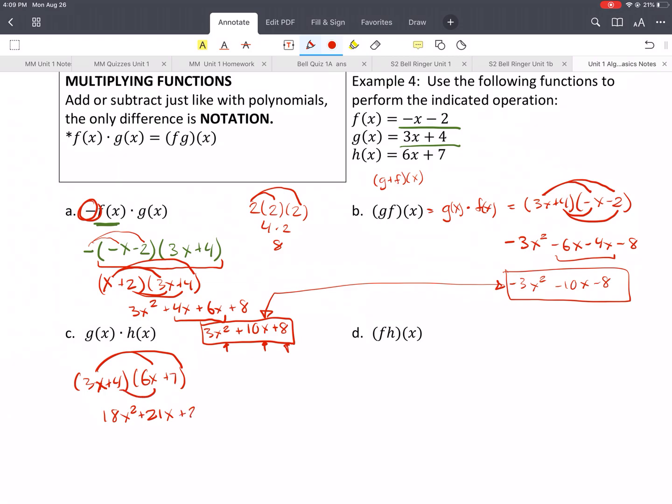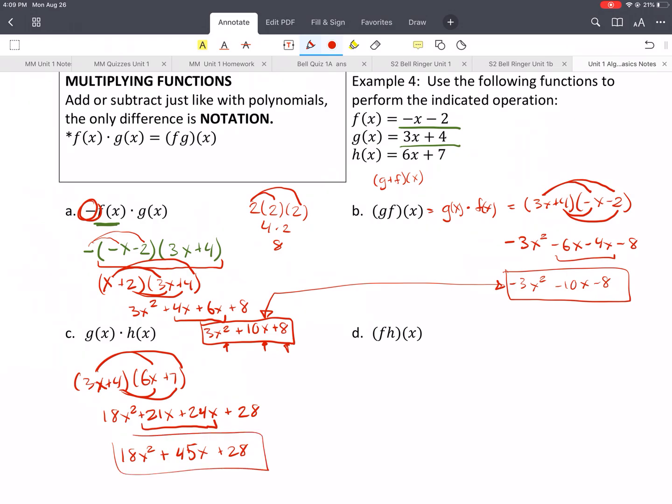Inside, 24x. And then 4 times 7 is 28. These are our like terms that we're going to combine. Gives us 18x squared plus 45x plus 28. Okay,